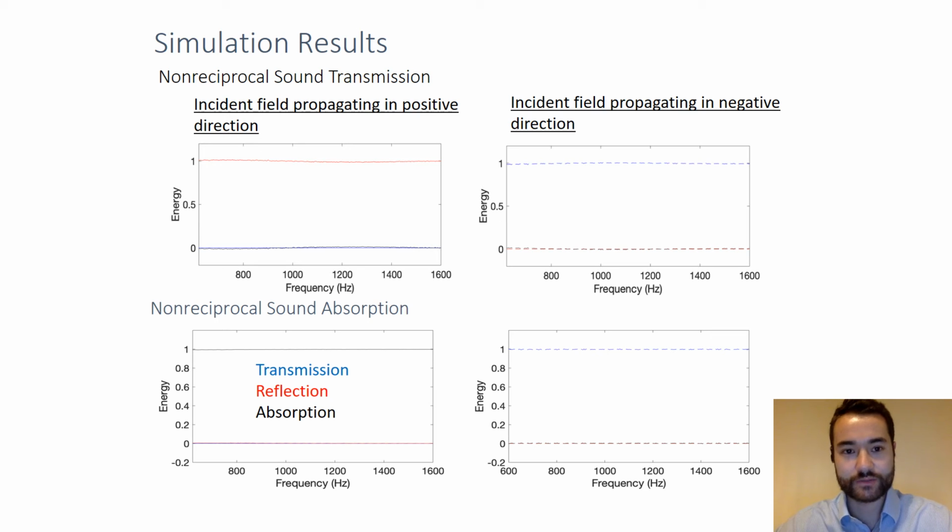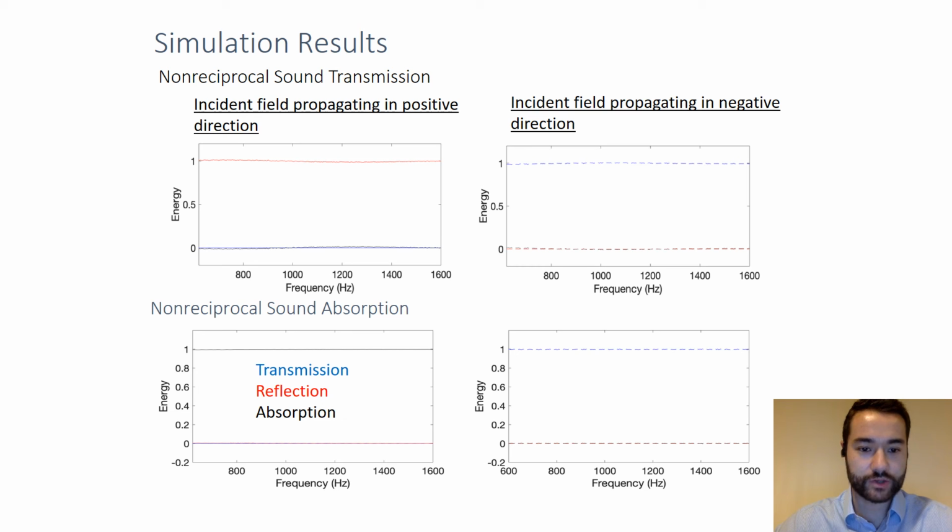However, when the same control strategy is subject to a negative travelling incident wave, this achieves perfect transmission with zero reflection and absorption. This is because the reference signal is the positive travelling incident wave, which in this case, when subject to a negative travelling wave, this A wave is now the downstream reflection, which is zero in this case, and therefore the feed-forward control has no time advance information, and it does not control the transmitted wave.